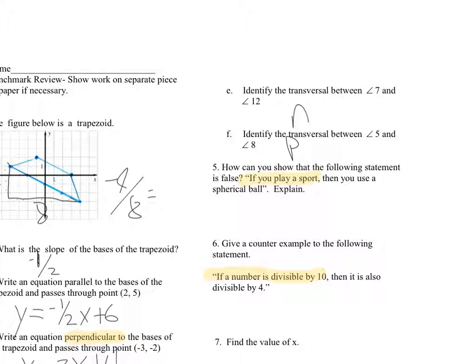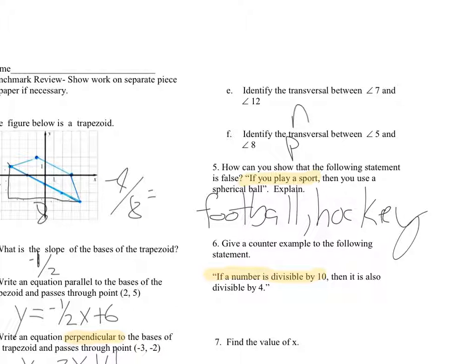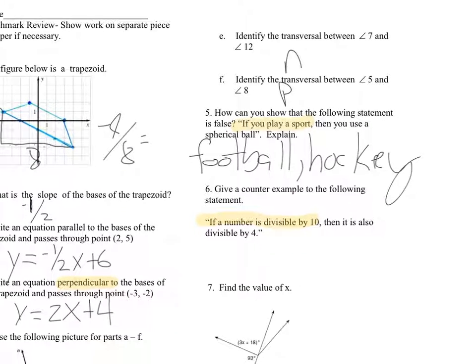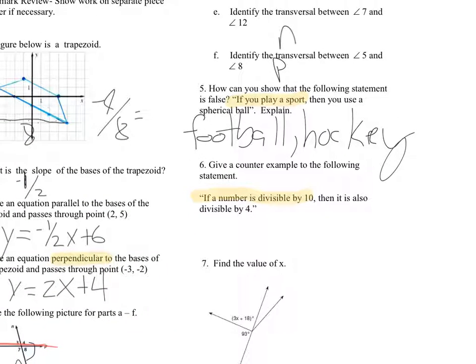So for number 5, you are playing a sport, but you're not using the spherical ball, right? So the second part you want to change. You could have any kind of answer of any sport that doesn't use a spherical ball. The two that come to mind most quickly would be football and hockey, but there's tons. And honestly, they're not going to be this easy on the benchmark if they're asking for counterexamples. They're going to be math related. That's why the key is, make sure if it's asked in an if-then statement that you keep the first